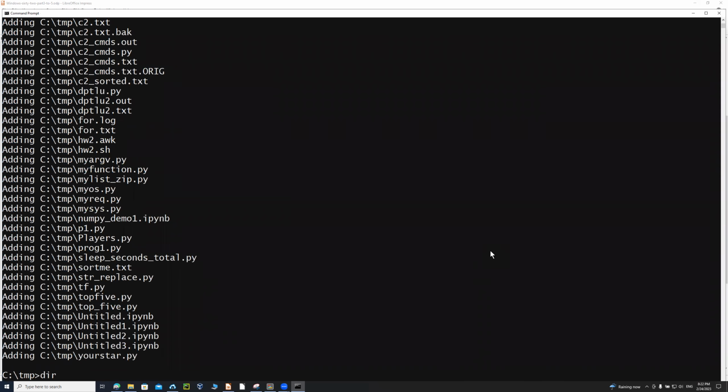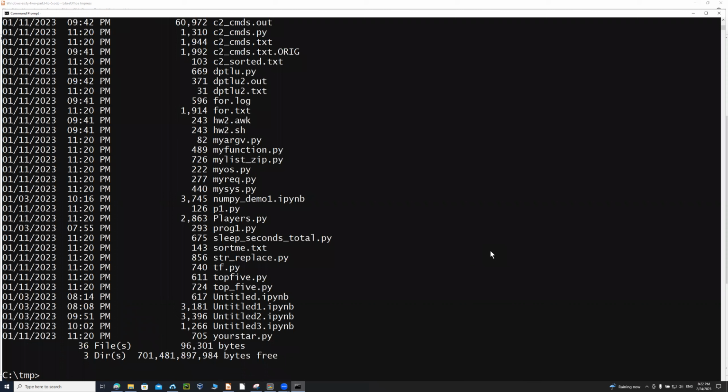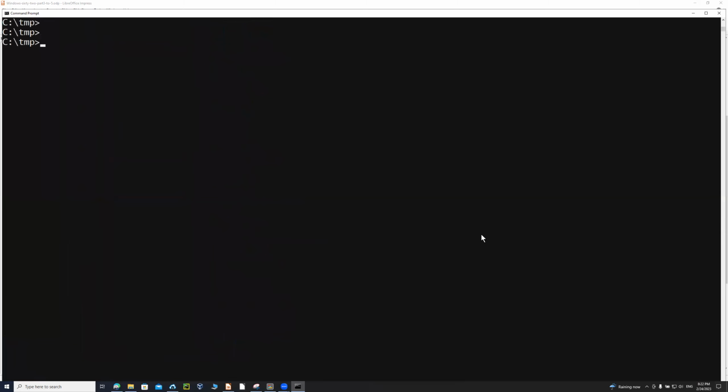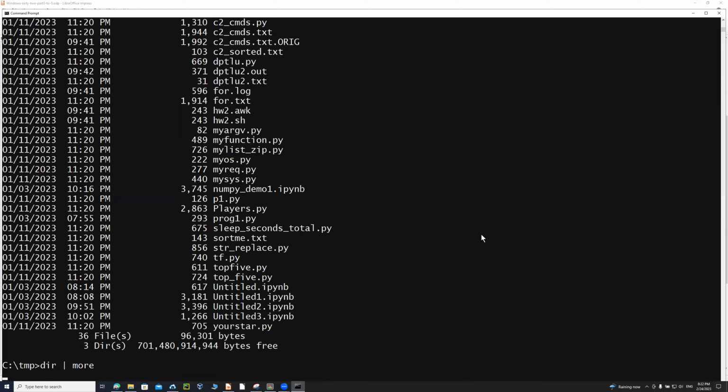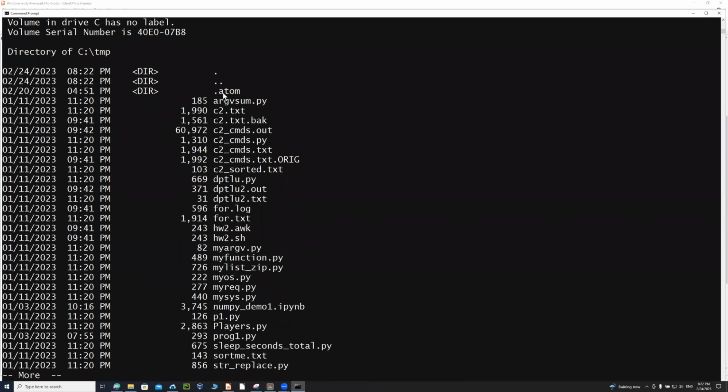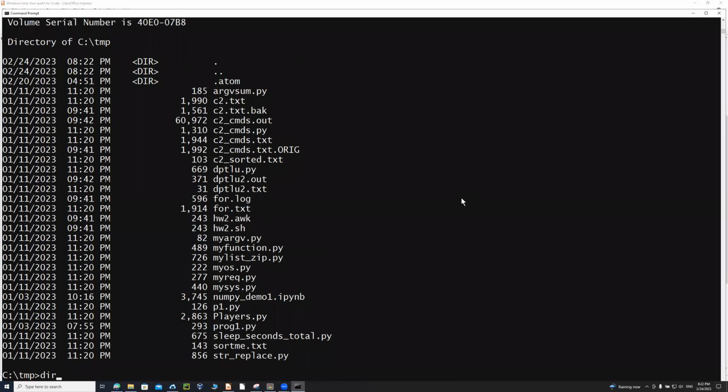So when you want to copy the entire thing, notice the files are all copied there, all the Python files here. I could delete five more, and right here .atoms is a directory, and it copies that one as well. So if I do this one without the /a and then use the subdirectory option,